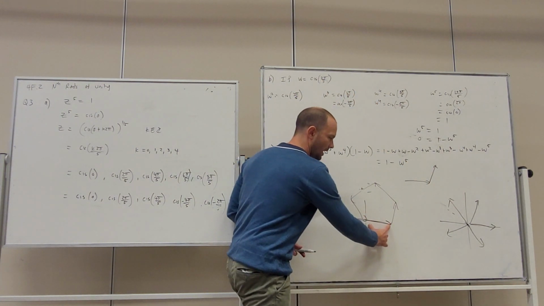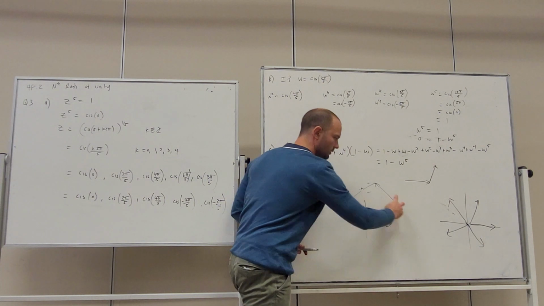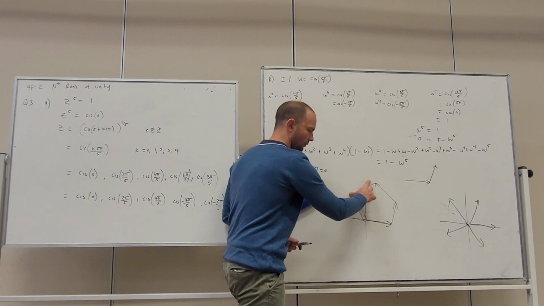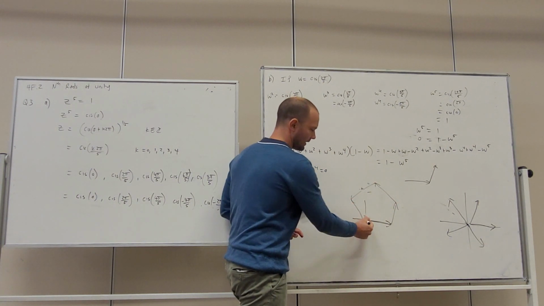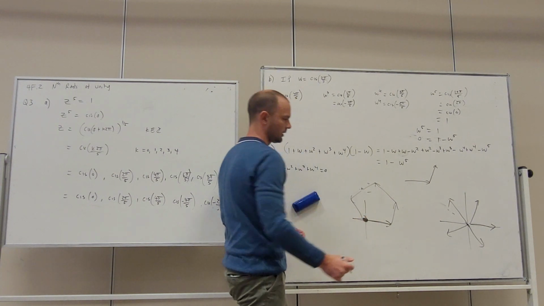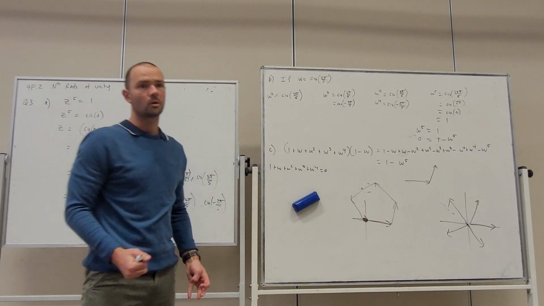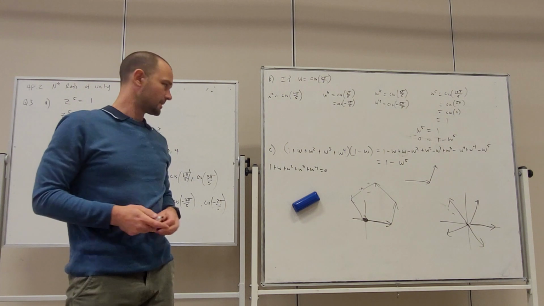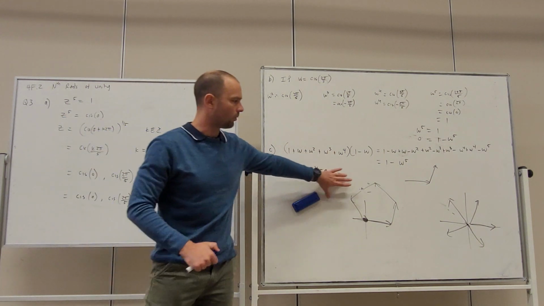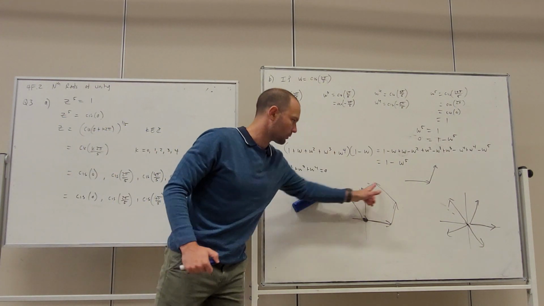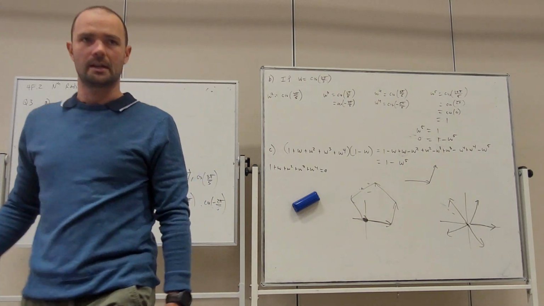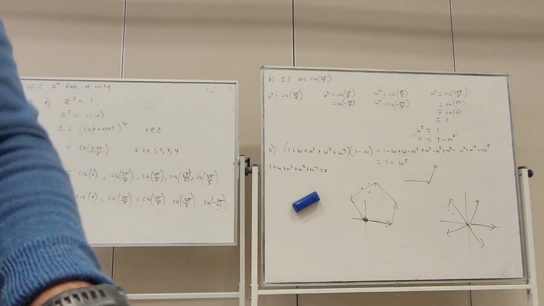I've got, here's my 1, here's my W, W squared, W to the 3, W to the 4, and it takes you back to location 0. Alright, you won't be required to perform vector addition, but that's just what they're getting you to demonstrate, that when you add all the roots together, you end up back where you started. Alright, so F.2 is only a